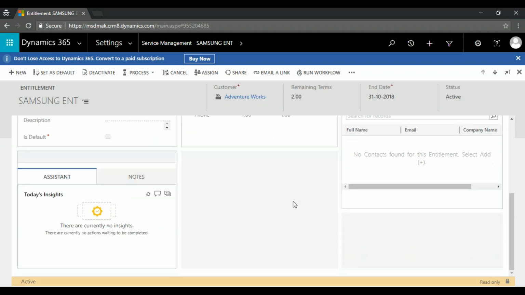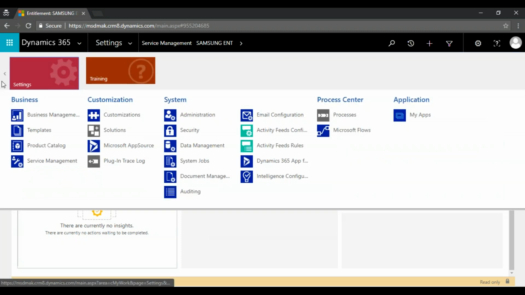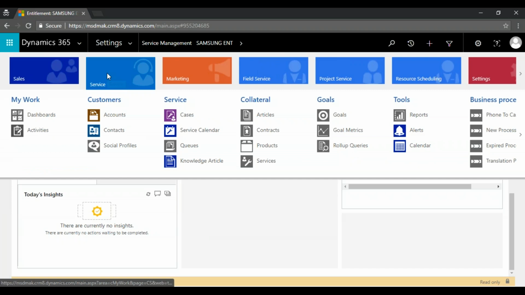I see the insights assistant, and there are currently no insights. What is this for? There is a new feature called Insights, like who has logged in, at what time they have logged in. Customer Insights. Okay, I got it.